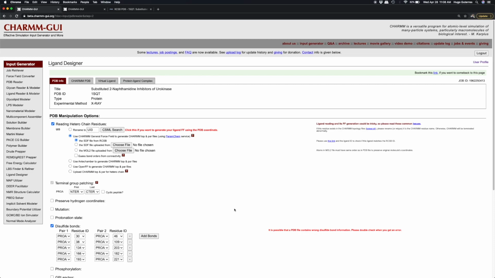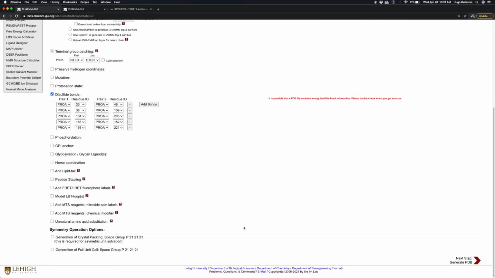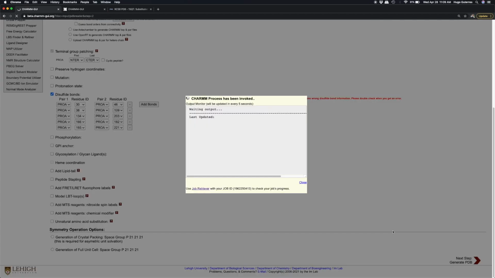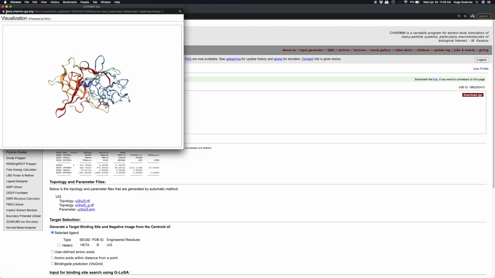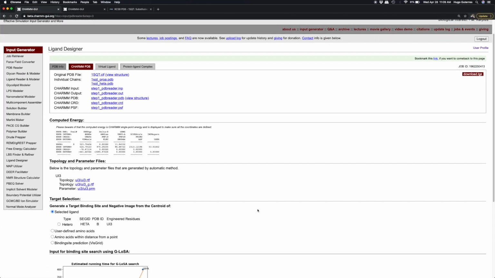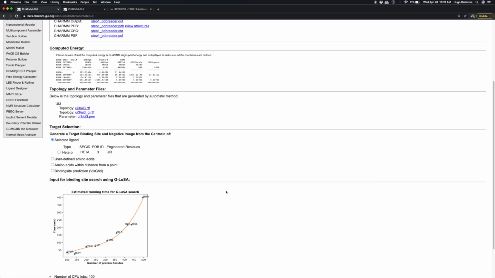In this case, we don't need to modify anything, and we also want to keep the disulfide bonds in the protein, so click Next to generate a CHARMM-compatible PDB file. When it finishes, you should view the structure to ensure that it was read correctly. Our structure is now ready to be submitted for GLOSA search in order to design virtual ligands to our choice